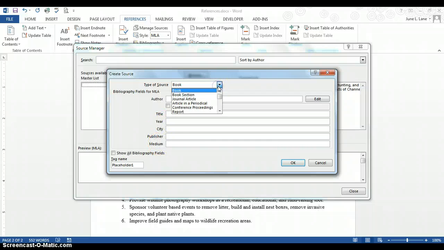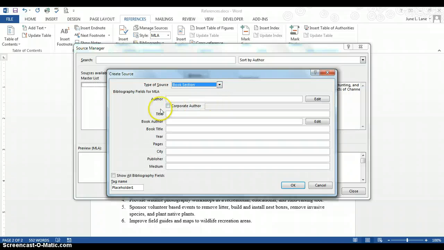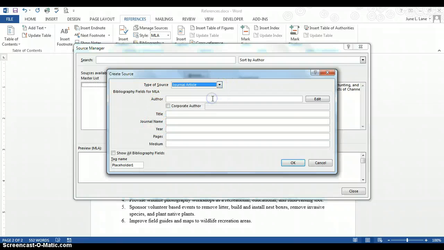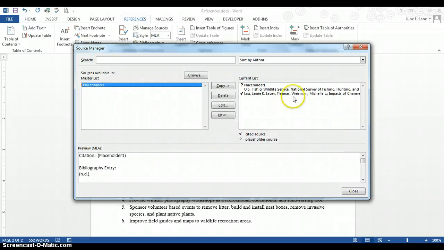Okay, and if it were a book selection, again, we would see all that information that we have here, and then all the information that would be necessary in order to cite that piece for your document. So let's take a look at